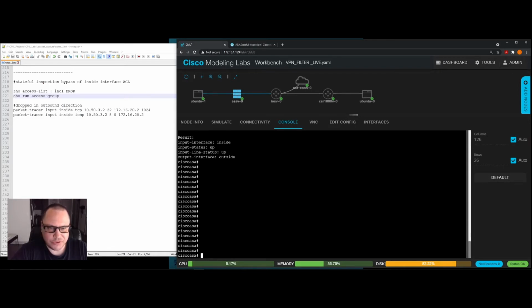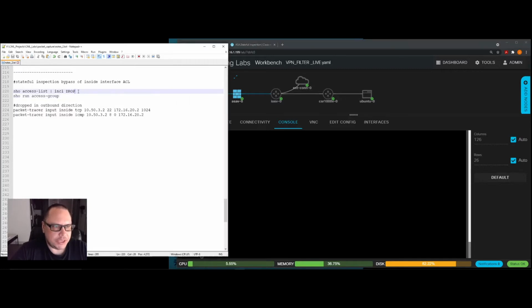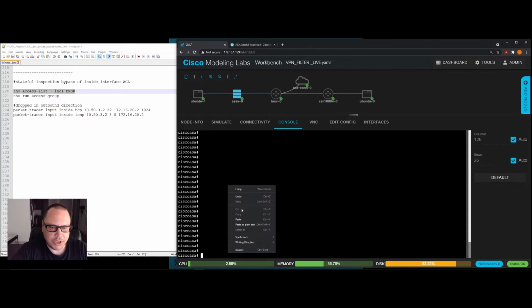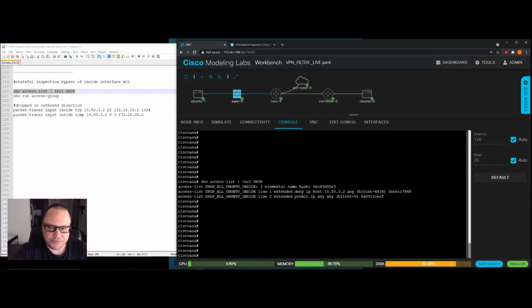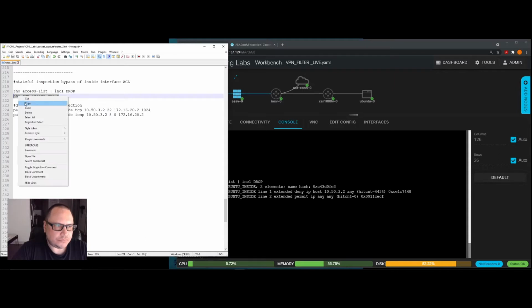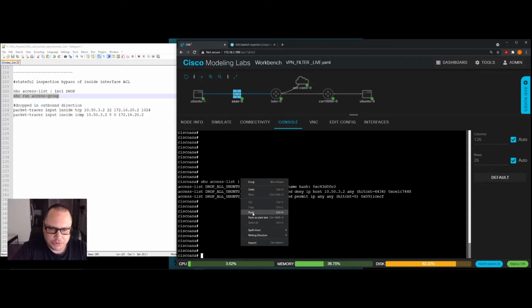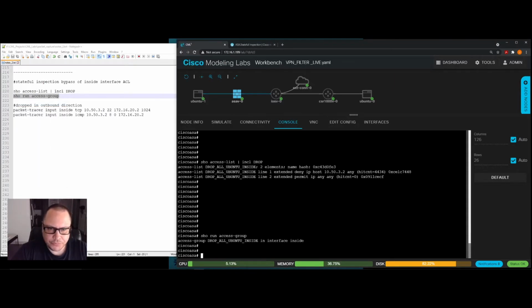one of the last examples that I was setting up for this lab, I wanted to have an access list that would block traffic specifically for this Ubuntu host on the far left. It's IP 10.50.3.2. And so as you can see on the screen here,